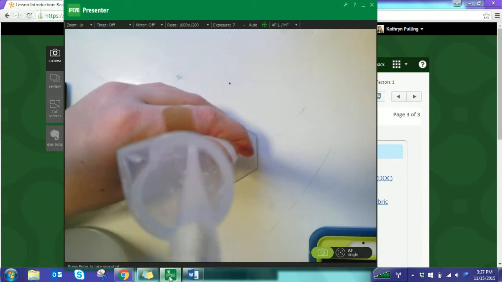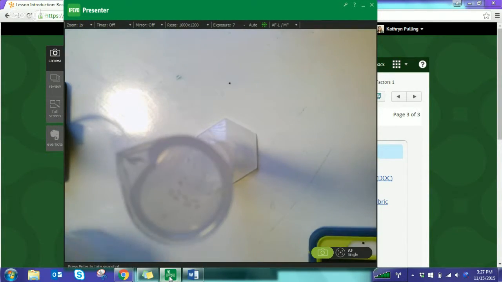Almost there. And just a little bit more. And there's 15. Okay, so I'm going to set a pipette down, put the cap back on bottle A, and